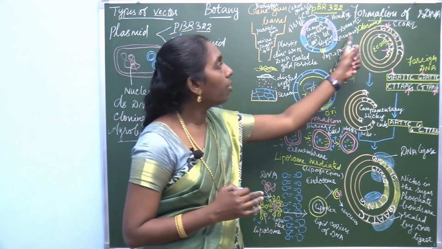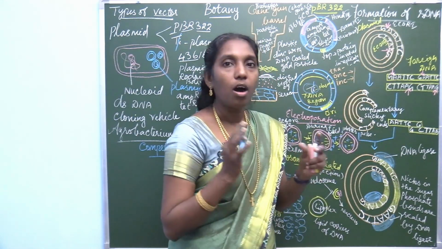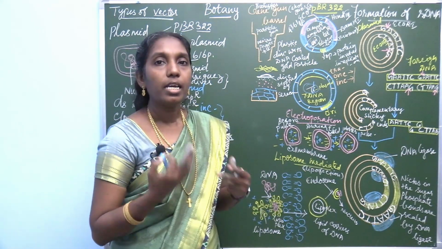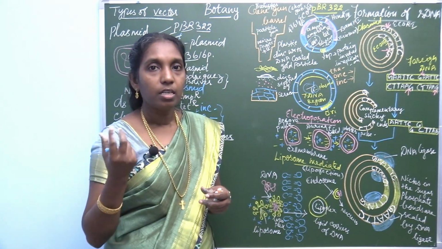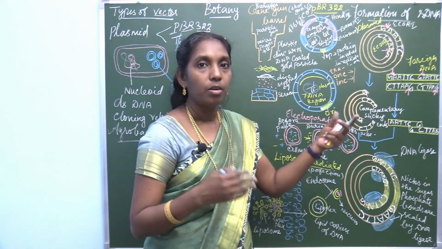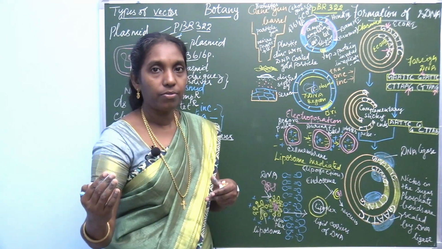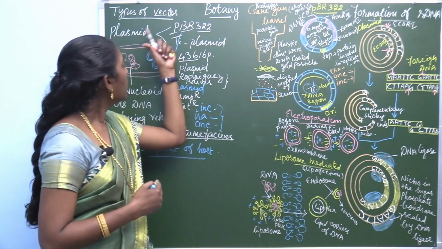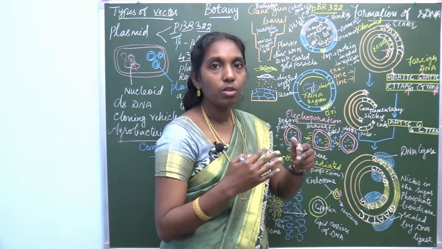Here is one example, the formation of rDNA, how the rDNA is formed. Look at this diagram. rDNA is recombinant DNA. For recombinant DNA, the desirable gene can be isolated from any organism, either human, plant or animal, and this DNA sequence can be cut open from any one of the cells and introduced into the vector. Now you learned the different types of vectors. Here the plasmid acts as a vector, a cloning vehicle.